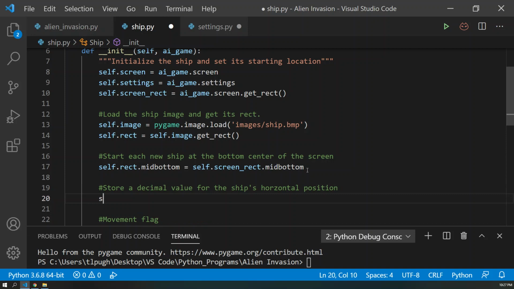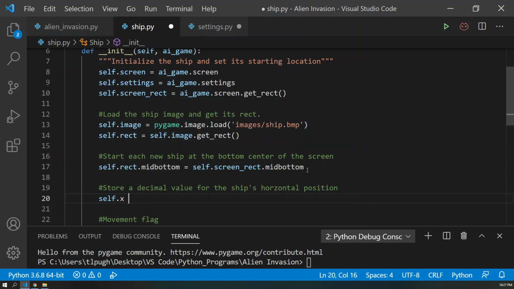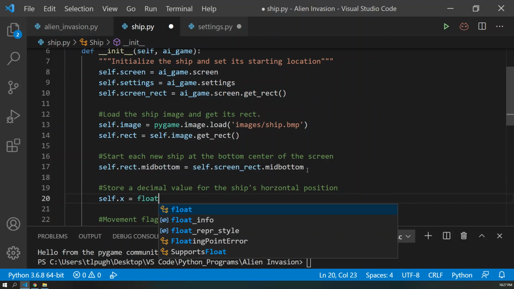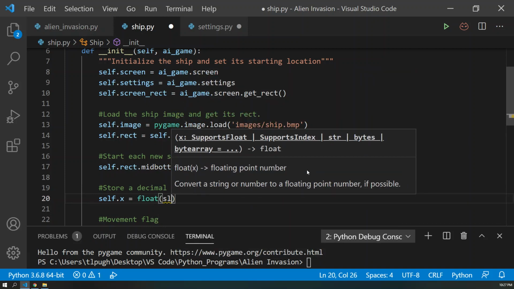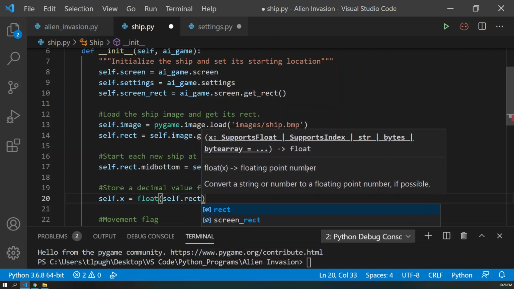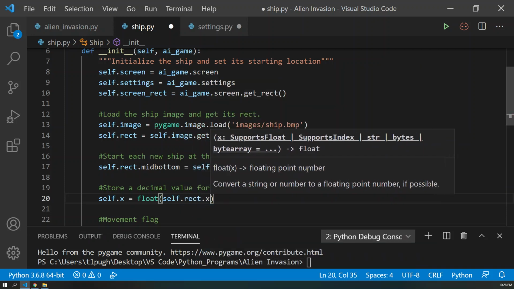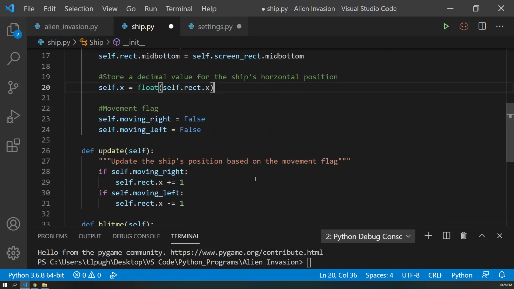And this is going to be self.x equals float self.rect.x. There we go. And then down here in our update method,